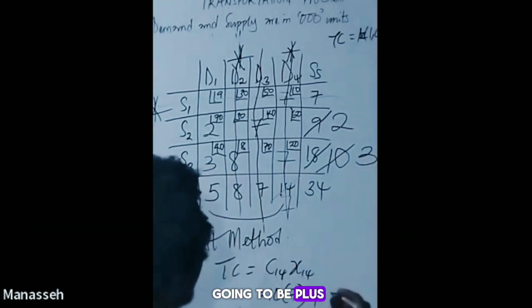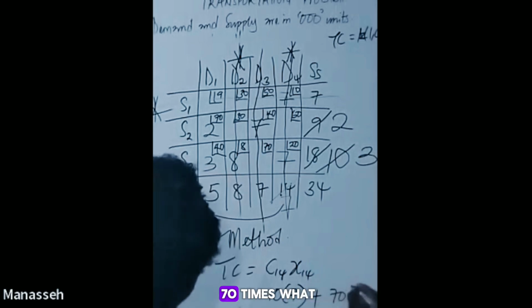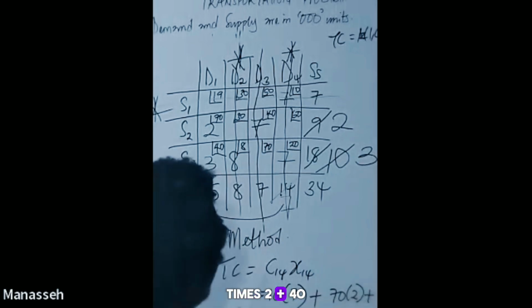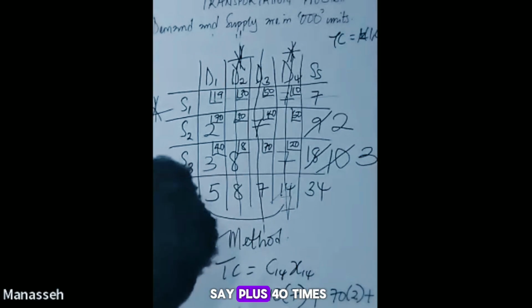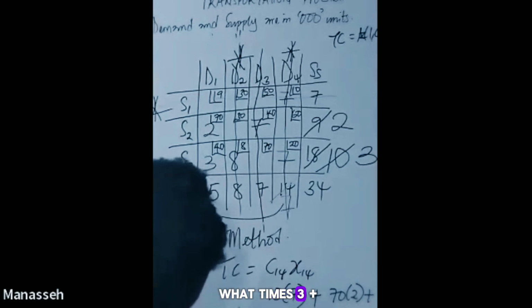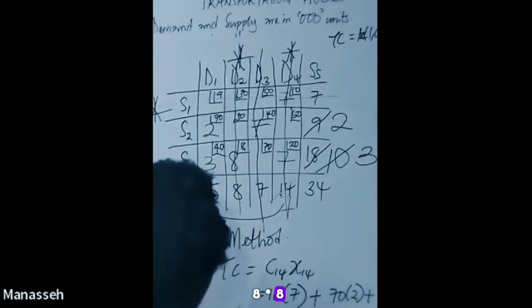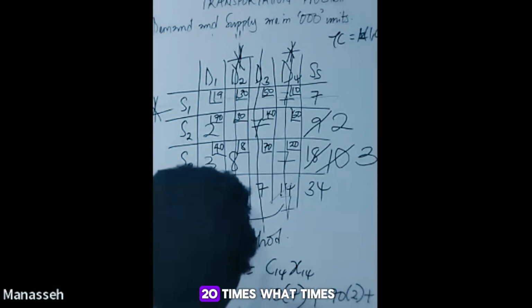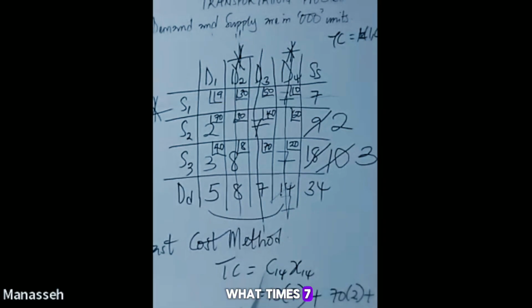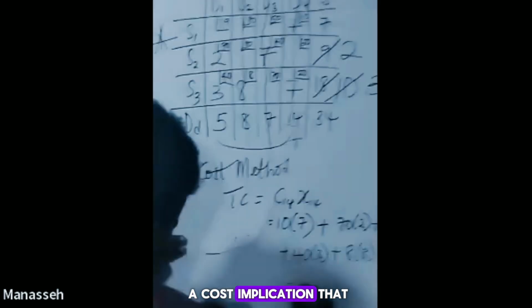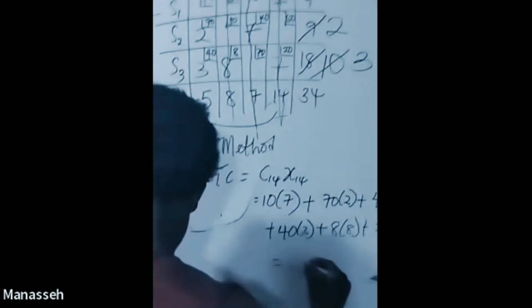So it's going to be plus 70 times 2, plus 40 times 7, plus 40 times 7, plus 40 times 3, plus 8 times 8, and plus 20 times 7, plus 20 times 7. Based on this calculation that we have here, we should be having a cost implication that is around